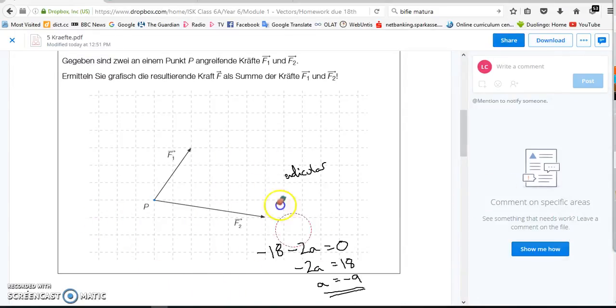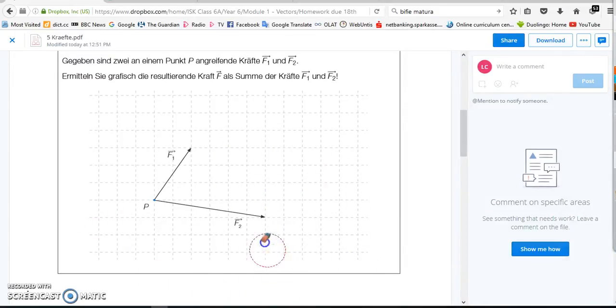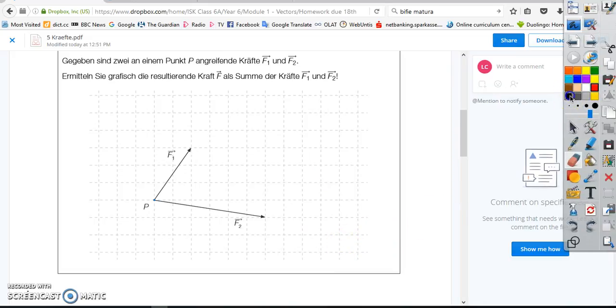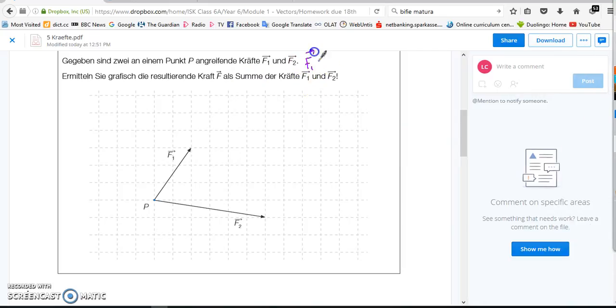Get rid of our previous working out. So the resulting force F is just going to be F1 plus F2, because if F1 and F2 work together on P, then the result on P will be the same as adding those two forces. So if I go then from F1 and then I add F2 onto this,